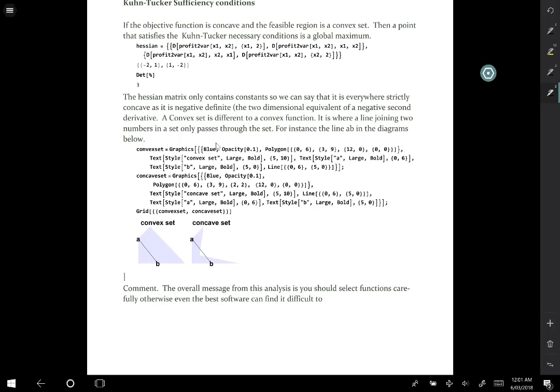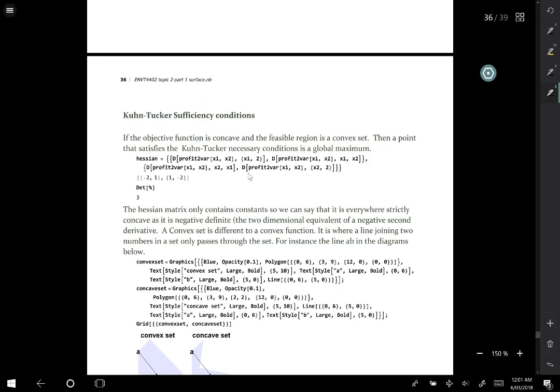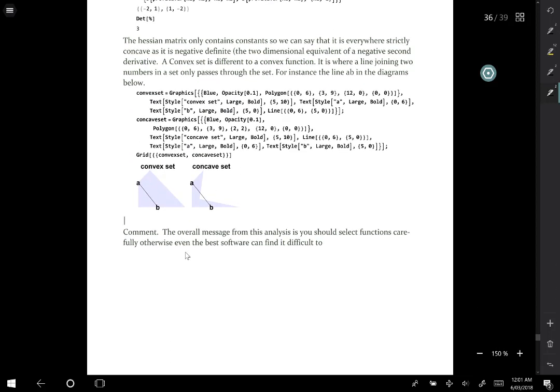First of all, the objective function has to be concave. So that's similar to the functions we looked at just earlier, and the other thing is that the set of feasible values have to form what's called a convex set, and a convex set is where you imagine